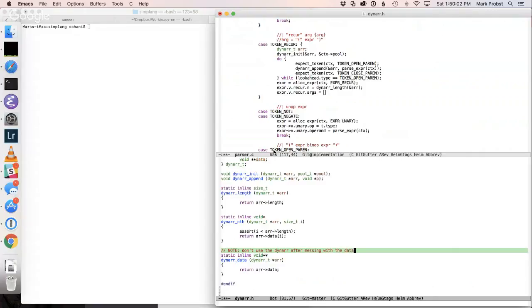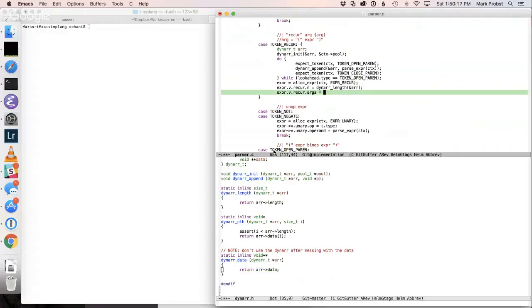You're basically taking the internal data array of the dynamic array. But at that point, don't use the dynamic array anymore, because it might do stuff with it. In our implementation, it doesn't. The only thing that can happen is that it will append stuff, but you know, still, it's not good practice. So this is the data,